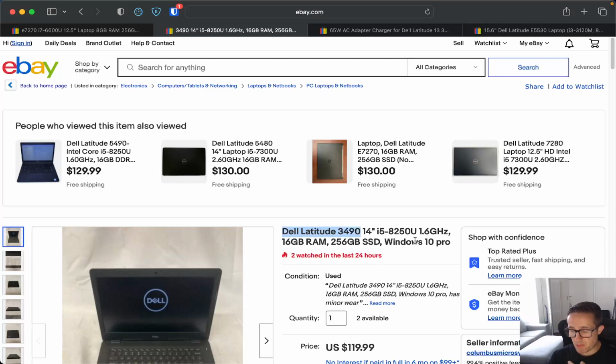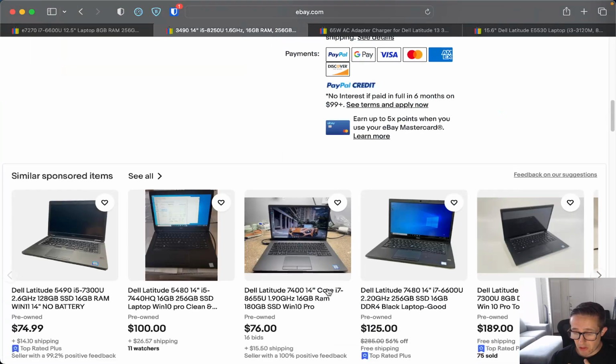Now, these are much more modern. This is a little bit more modern of a CPU. It's still about 4 years old at this point in time, it's got more RAM and all that kind of stuff, and you're getting it for the same price. Now, one of the things, though, I will tell you is that this is one of those